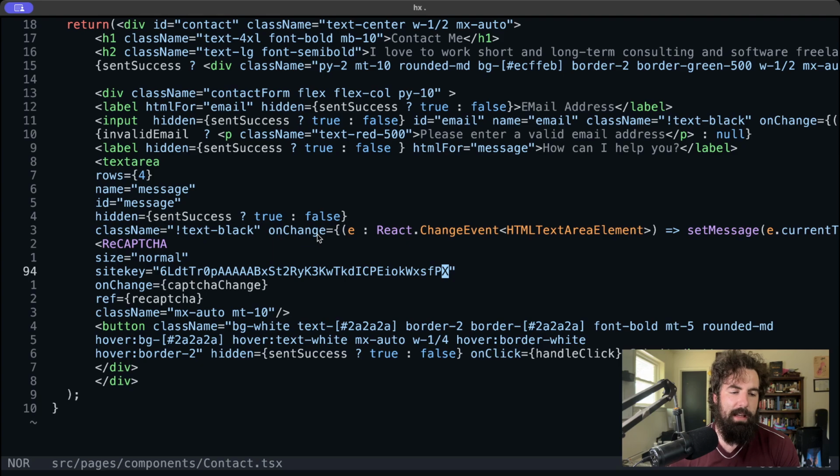But functionally, you've got a key pair, and you set up on the back end all of the different domains that you want to be associated with that key pair. So I've got valhallaresearch.net, and I also added localhost so I could test this locally. So basically, it's going to check and make sure that, if I am trying to solve this CAPTCHA, it is